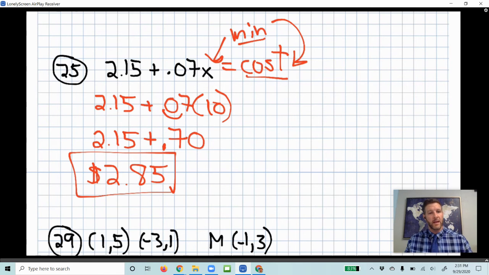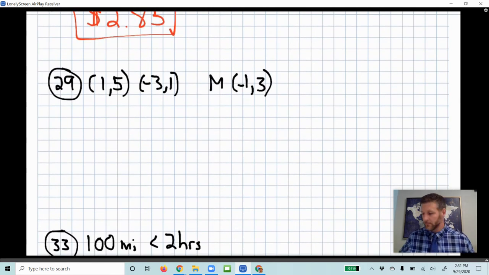Okay, let's take a look at now number 29. Again, same thing. Determine if a true biconditional can be written from each conditional statement. If not, give a counterexample. Now, so they're asking basically if this is a true biconditional, and really it's just an excuse to have us find the midpoint, because number 29 says if a segment has endpoints 1, 5, -3, 1, then its midpoint is -1, 3. And so we have to decide